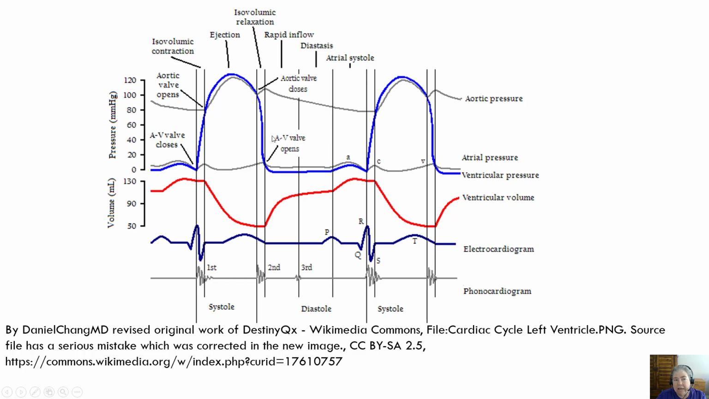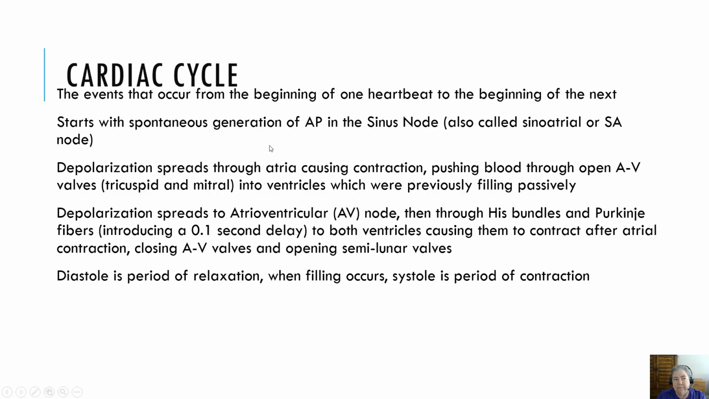Isovolumic. And then the AV valve opens and you start to get atrial filling. All right. So all those things that happen from the beginning of one heartbeat to the beginning of the next heartbeat are called the cardiac cycle. And they start with this spontaneous generation of an action potential in the SA node or sinus node or sinoatrial